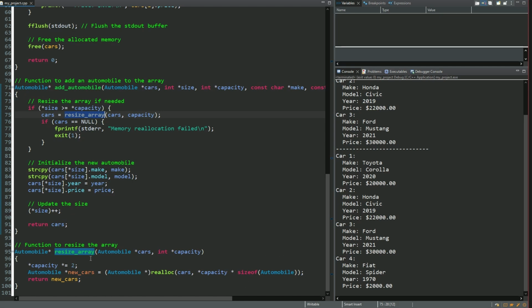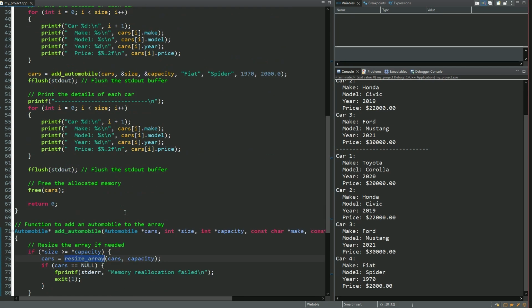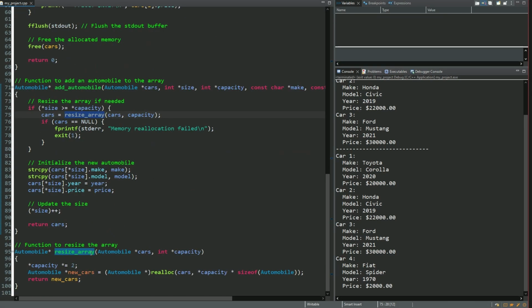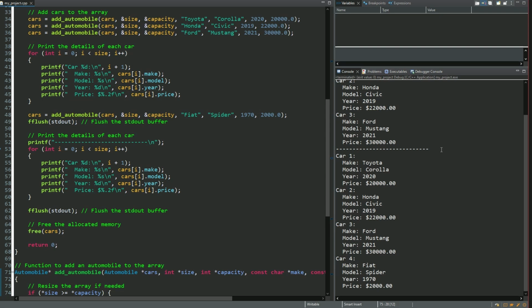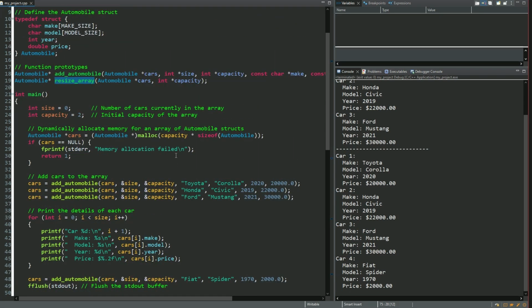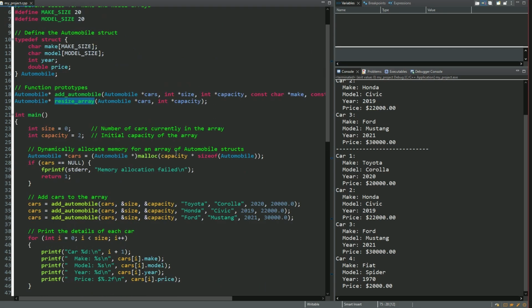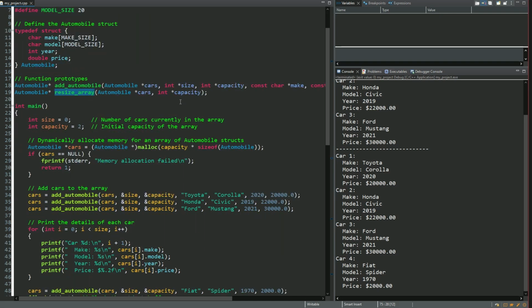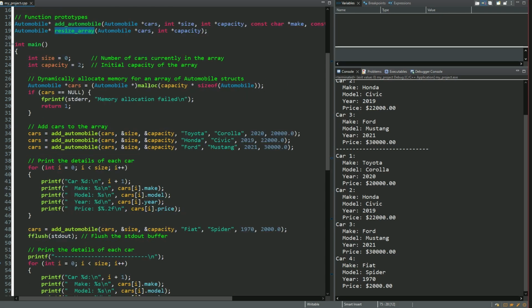Okay, we're going to probably clean that up and just say, as we can see here, with the additional functions of add automobile and resize array, we're able to grow the size of the cars array by 1, and it does not throw errors and works nicely, and it's all being stored on the heap. Now I want you to take a look at this, and this is where I think C is a great low-level language, but look what we have going on here. Lots of pointers, lots of malloc,